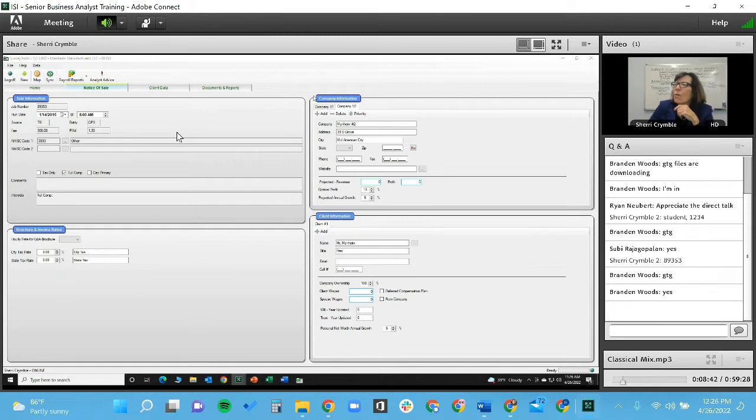Okay. So I can do the same thing with adding a second client. If there's a second client, but there's going to be very few instances why you would do that. So, in fact, I don't think I would ever do that, to be honest. But you could, in fact, add a second client. So I'm going to delete the second company because I don't need it. But it is a feature